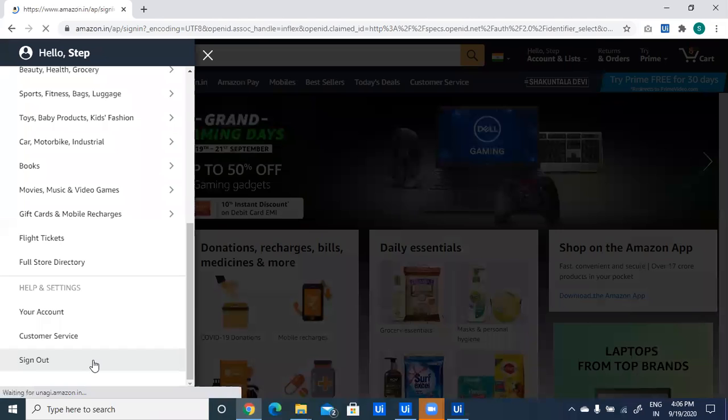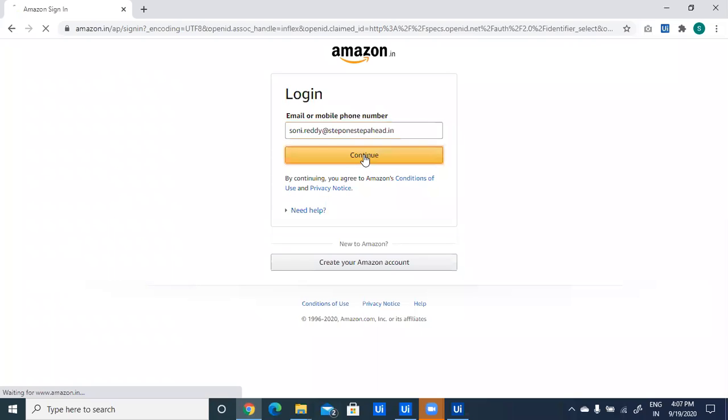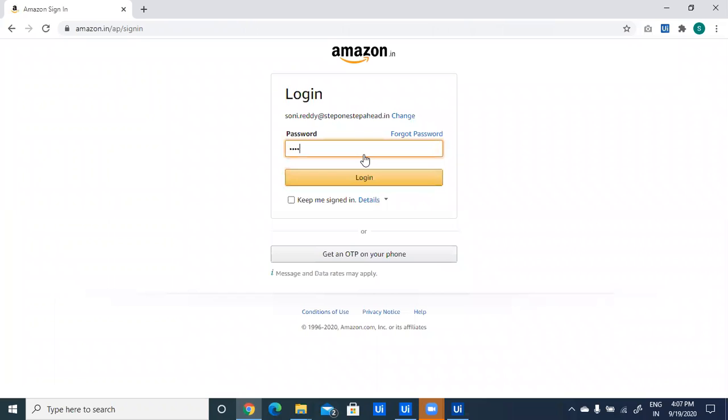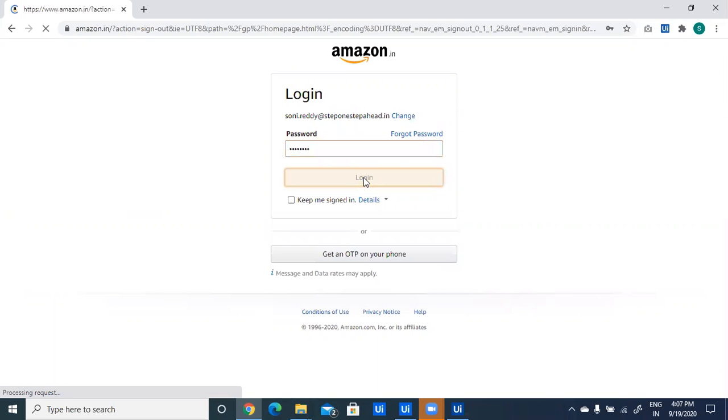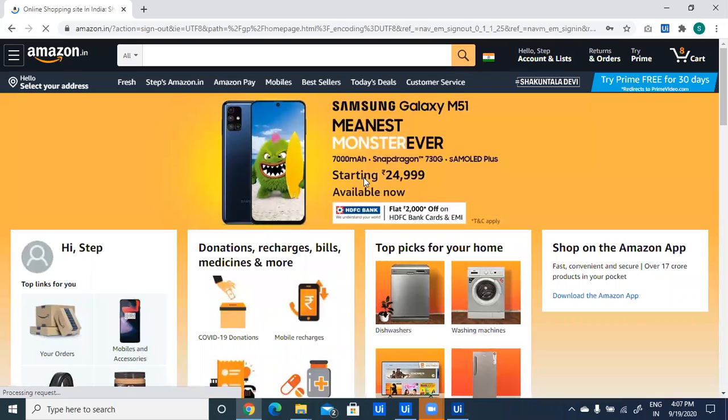It has signed out and navigated to the email ID page, entered email ID, clicked on continue, then it will click on password and click on login. It is successfully logged into the website. Then it will click on the toggle button and check our checkpoint, that is sign out is our checkpoint, that is our actual result, and compared with our expected result.